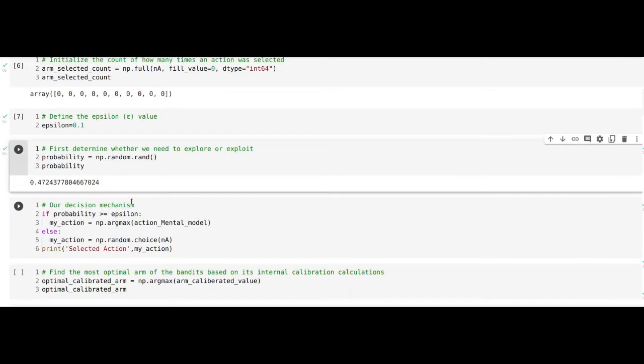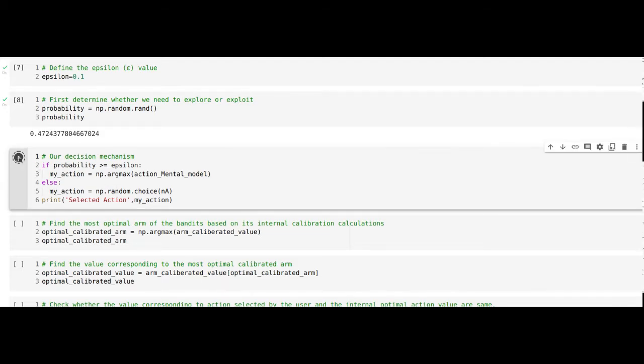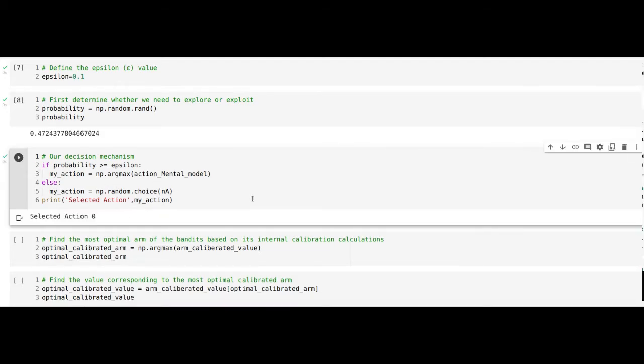So the action which you will select is the maximum of it. Whichever has the maximum of those values will be selected. Now if the probability number is less than this epsilon value, then we just randomly choose one of those actions, randomly out of 1 to 10.